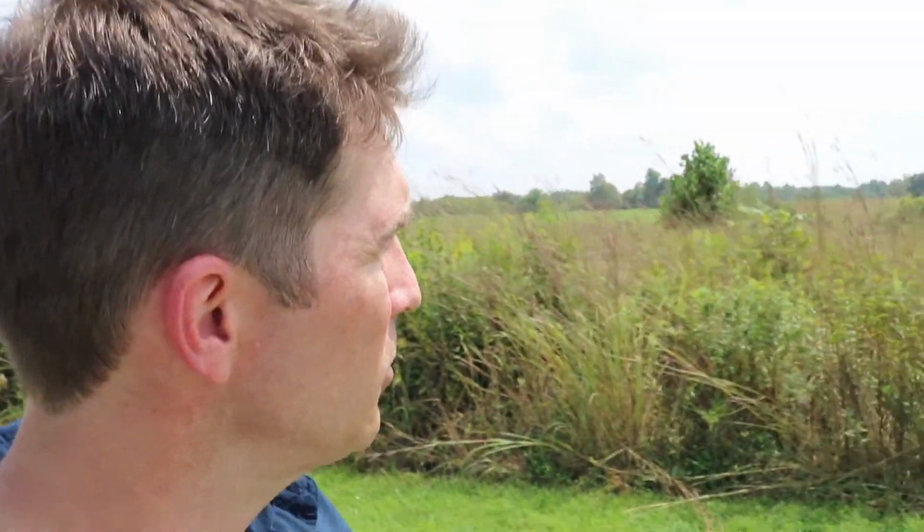The reason we're looking at this site is because our next workshop in October, which will probably be in LaRue County, somewhere in the Hodgenville area, is going to be on competition control and brush management. And the reason we do these workshops is that most folks don't have experience actually implementing conservation practices. If you look at an area like this around me,